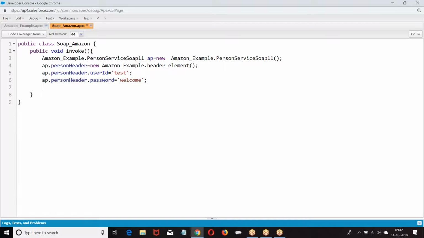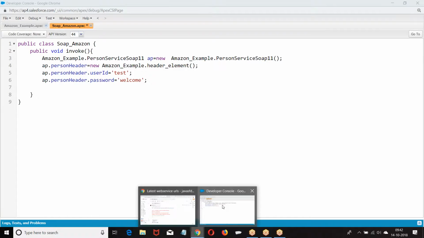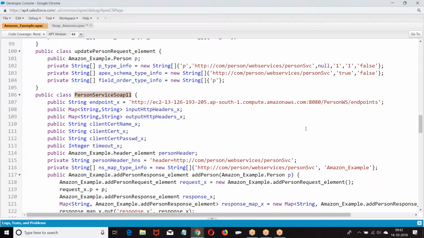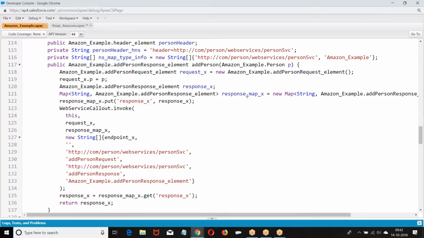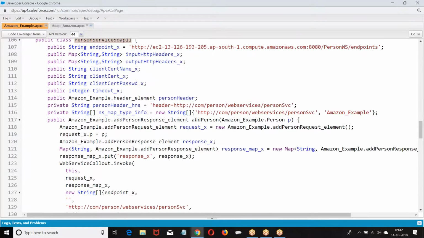Then I was supposed to call the service. What is the service I want to call, boss? At the end of the game, what is our intention? Our intention is to call add person. If you want to add a person, what are they expecting? Amazon example person they are expecting as a parameter.